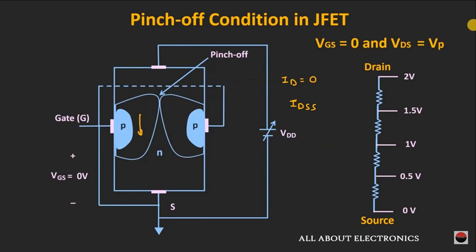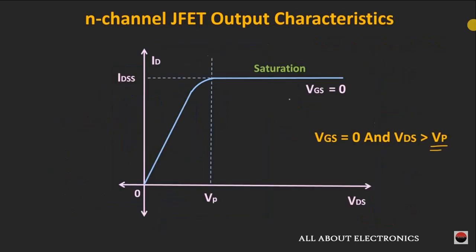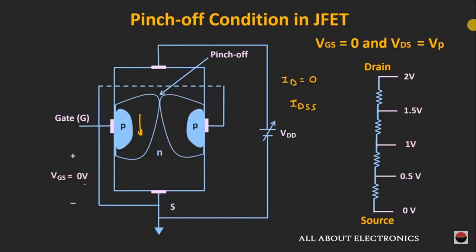Now, so far in our discussion, we have assumed that the voltage VGS is equal to 0. But as discussed earlier, this gate to source voltage can control this drain current. So now let's see how the voltage level of VGS can control the drain current, or in a way, how it can affect the drain curves or the output characteristic of this JFET. We will make this VGS more and more negative with respect to 0 volt, and we will find the drain currents for different values of VGS.